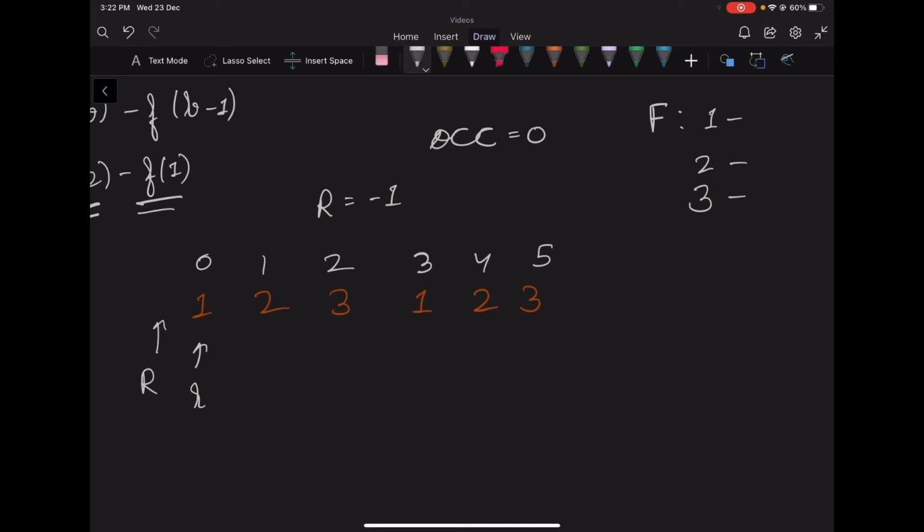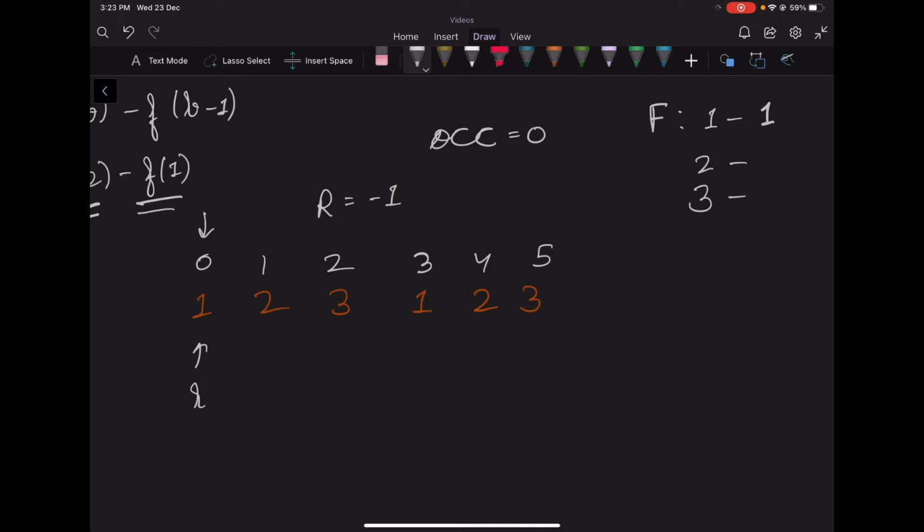Now first we'll check if we can take the R plus 1th element or not. If by taking the R plus 1th element, the number of occurrences of special elements exceeds 2, because we are finding f of 2 now, it should not exceed 2. Since the number of occurrences of special elements is 0, we can take the R plus 1th element. So we'll increment our right pointer. So now the right pointer points here. Also we'll increase the frequency of 1 to 1. Now occurrence will still be 0 because there are 0 elements whose frequency is at least 2. As soon as the frequency of any element becomes equal to 2, we will increment occurrence by 1.